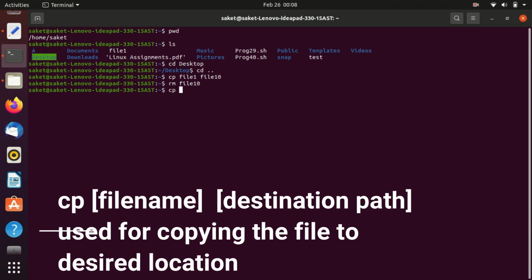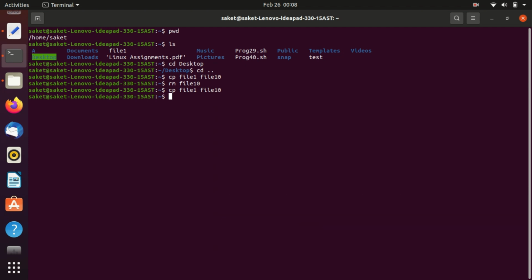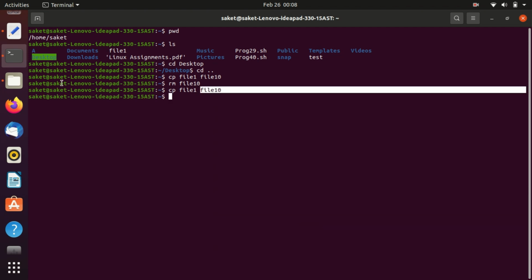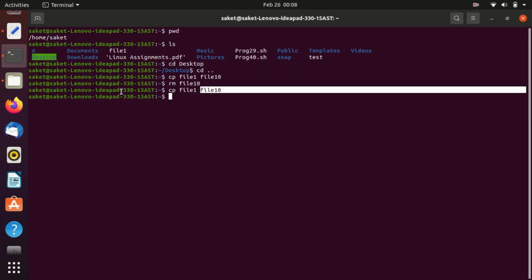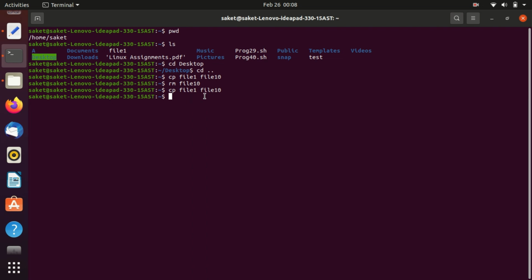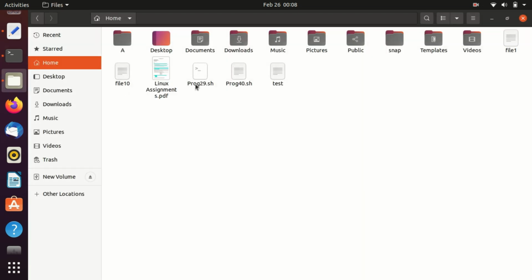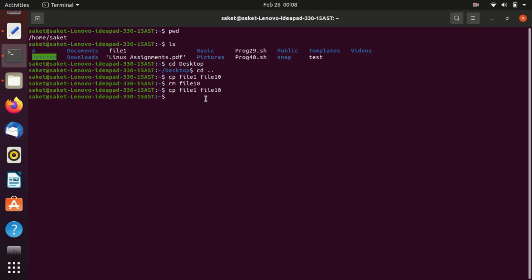If I write cp file 1 and then file 10, it will make a file named file 10 in my current working directory. I was in the home directory, and after copying, file 10 will be generated in the same working directory. But what if you want to generate a file in some other directory? There is a different way for that.